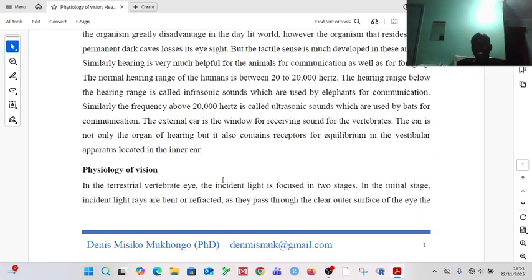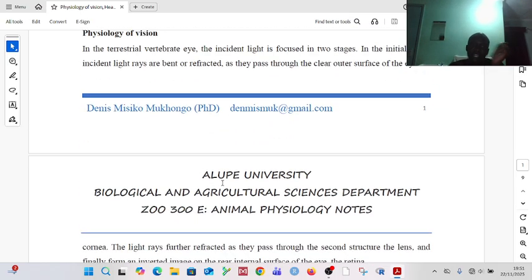So when you look at the eye of any animal that is found living on land, when light hits that eye, that light begins to be focused in two stages. As we'll see in the diagram of the human or the animal eye,